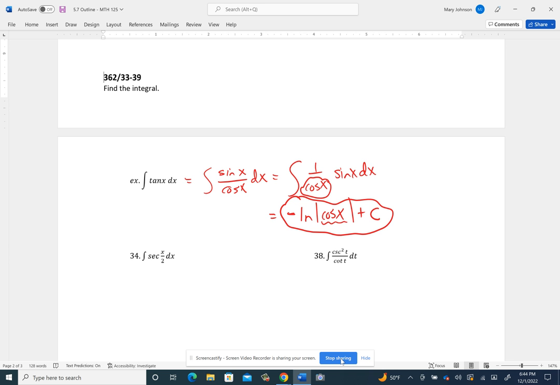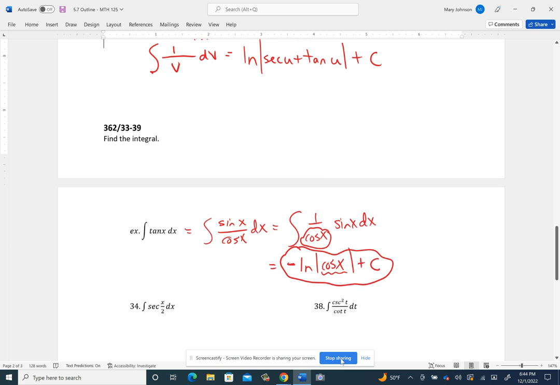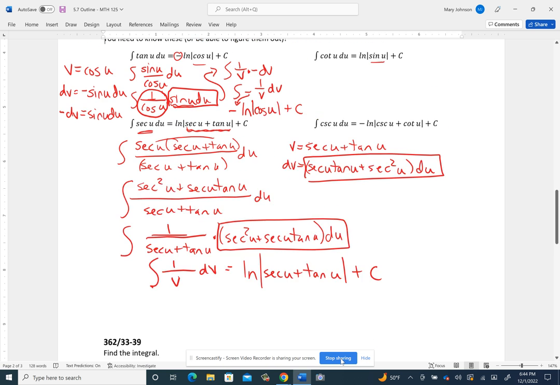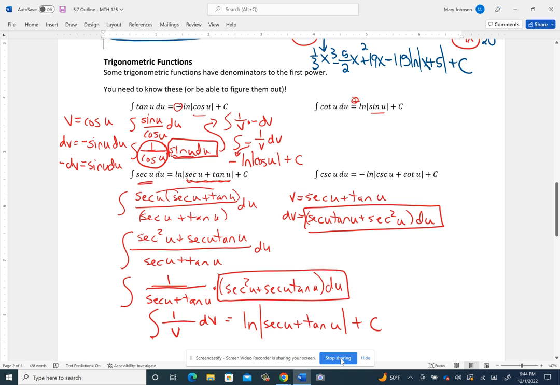Oh, let me comment a little more. So back to the rules then. You need to know these or figure them out. So you really can survive just by working these out using the normal u substitution, except the ones on the bottom, you would have to understand that trick of multiplying the top and bottom by that secant u plus tangent u in that case. And I don't think you would think to do that unless you already knew what the rule was. Okay, so I'm going to stop it now and